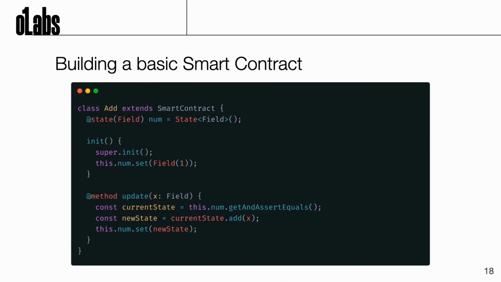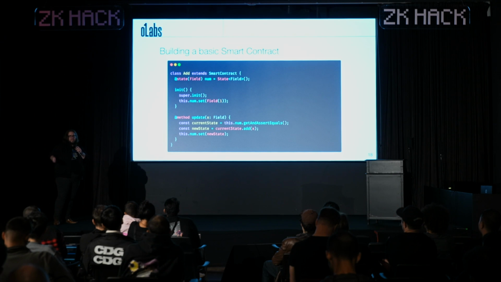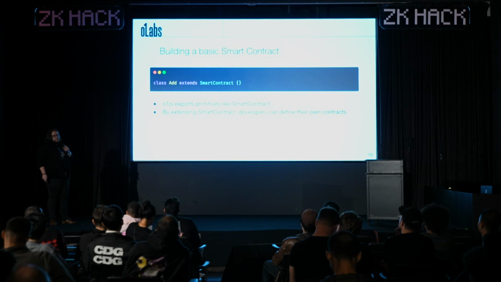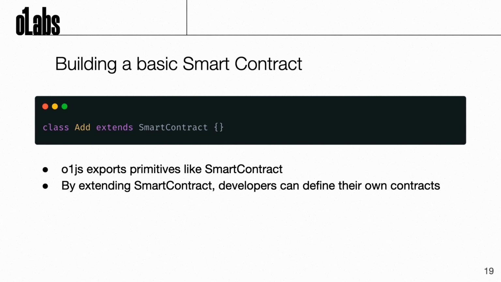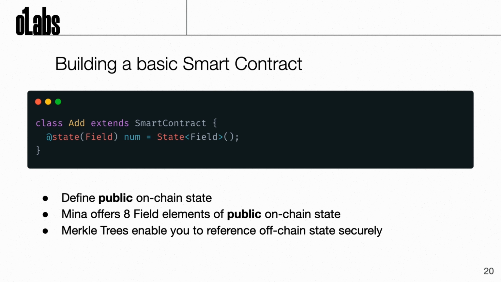So let's look at the actual smart contract API that we have. If you go through the entire zkApp CLI bootstrapping phase, this is an example contract that the zkApp CLI will give you. It's a simple addition contract, right? You can see, I showed this earlier, it is simply TypeScript. You simply extend the smart contract API, which is given by o1js, and that enables you to define your own business logic. There's a couple of fields on this basic example.